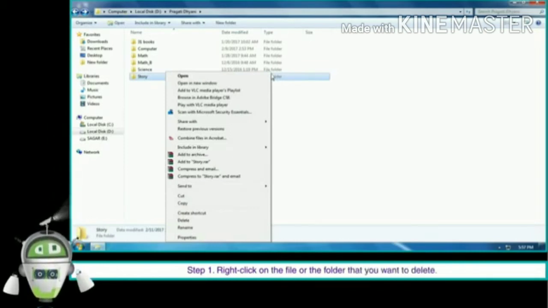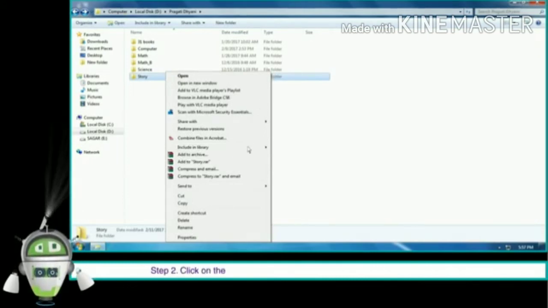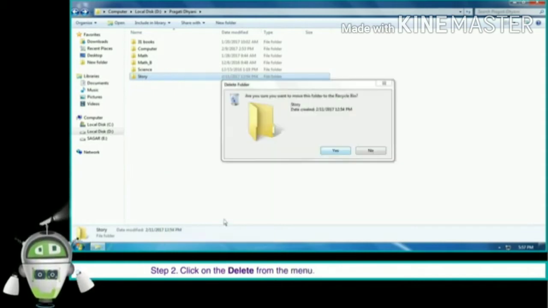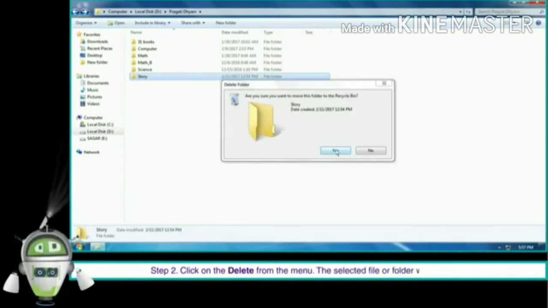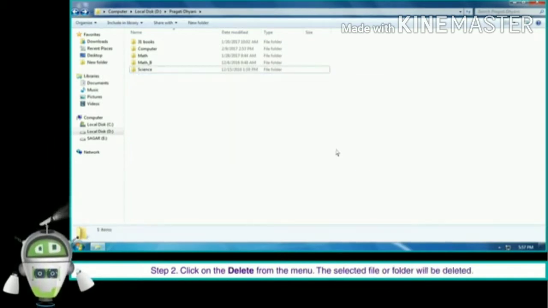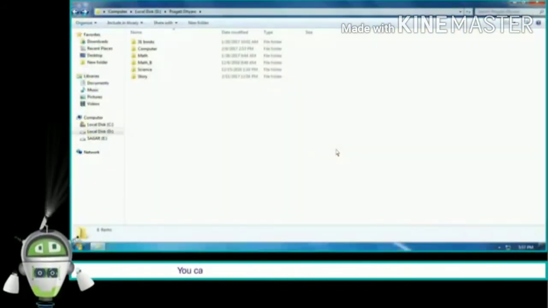Then the second step, click on Delete from the menu. The shortcut menu will appear. The selected file or folder will be deleted.